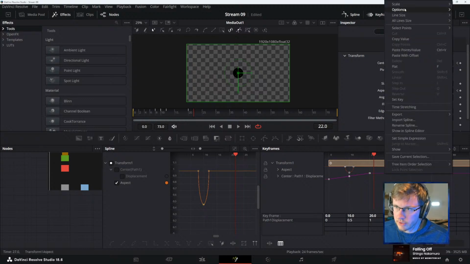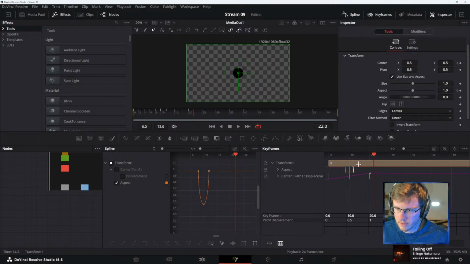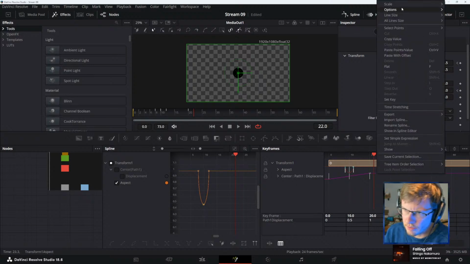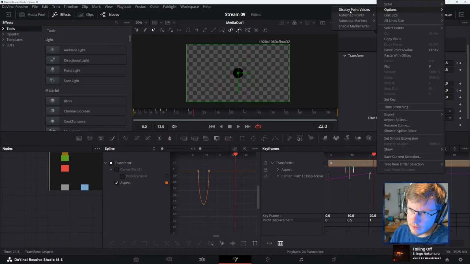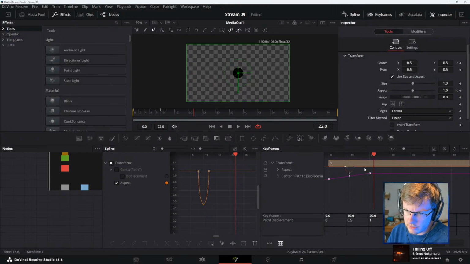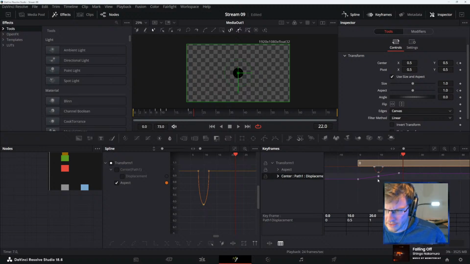That seems way harder to read. It's the default instead of display point values. I feel like that's the way. This is the way, like with spreadsheets.